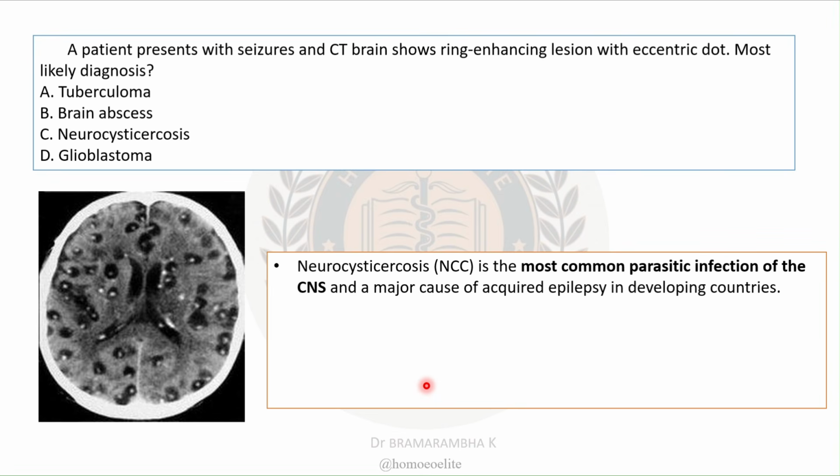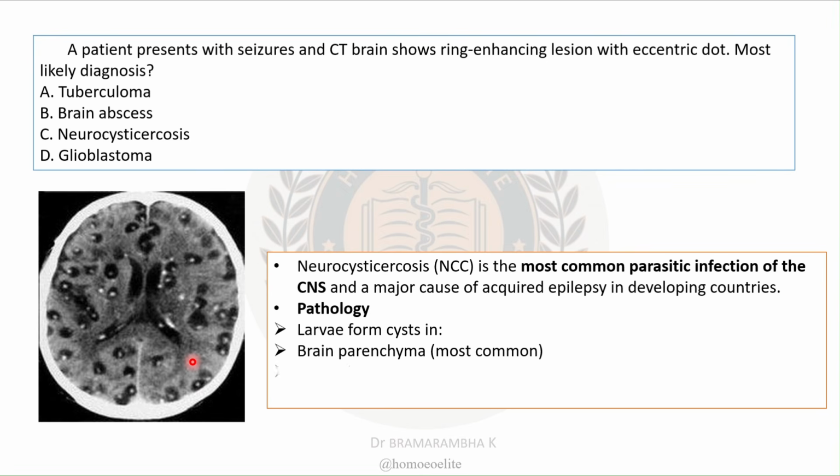So this is a case of Neurocysticercosis. It's the most common parasitic infection in the CNS and a major cause of acquired epilepsy, especially in developing countries. So in the pathology, larvae form cysts in the brain parenchyma, mostly. They can also form in the ventricles and subarachnoid spaces. Answer is